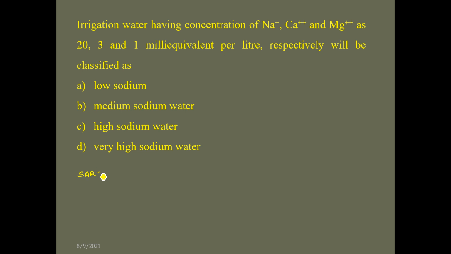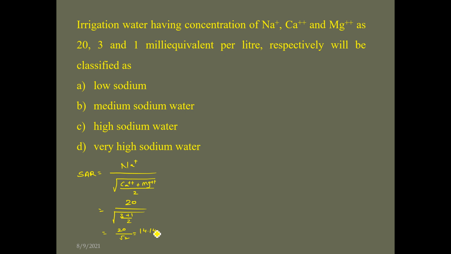SAR is equal to Na plus divided by root over Ca and Mg by 2, this we know. So here the concentration of sodium is given as 20, divided by root over (3 plus 1) by 2. So 20 by root of 4 by 2, that is root 2, which, if we calculate it, comes to 14.14. So this SAR comes as